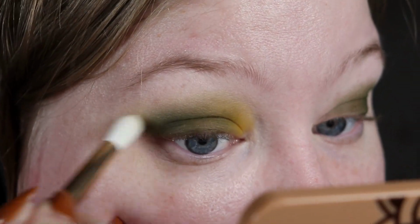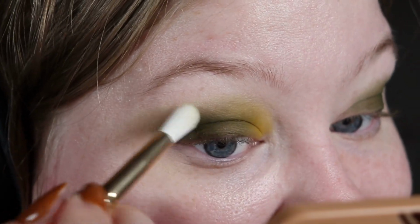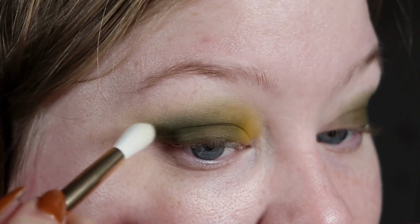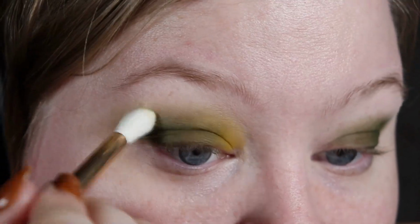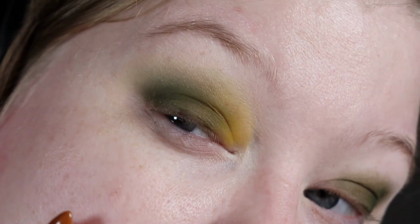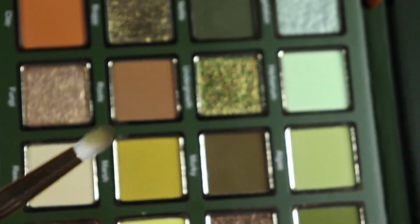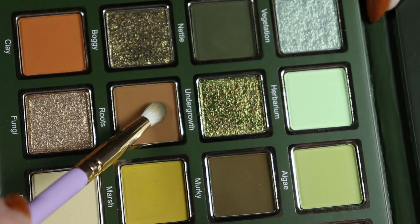But I suppose it's fine. I mean, I love an opaque matte because it's just gonna help the blend look even more seamless. Yeah, I'm really liking how this is looking. Now for the lower lash line, I'm going to use this shade called Roots, and I'm taking that same brush,